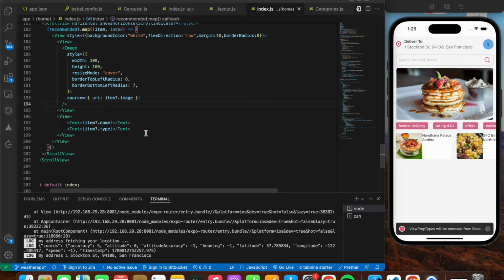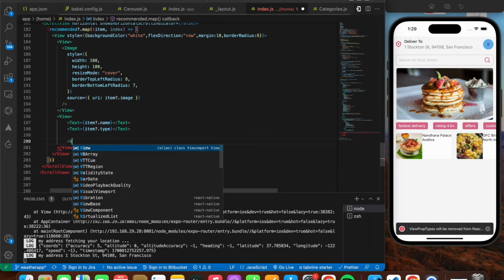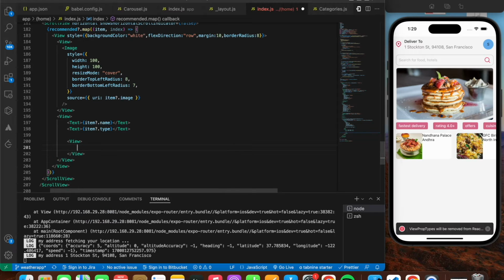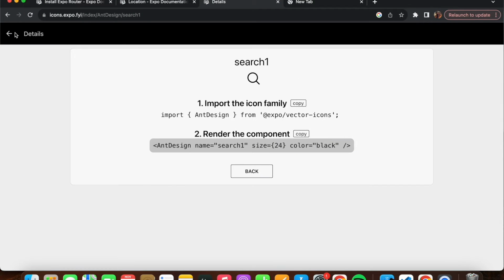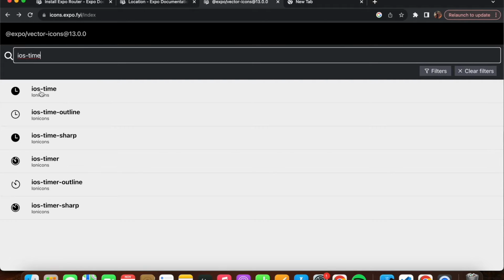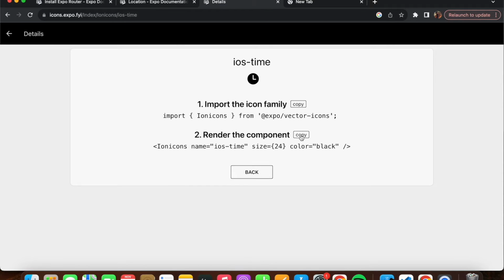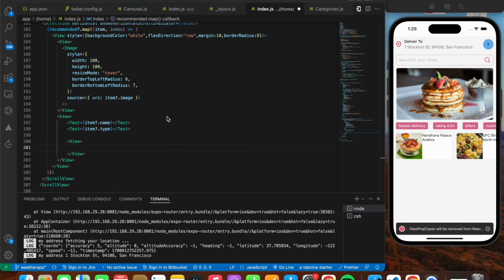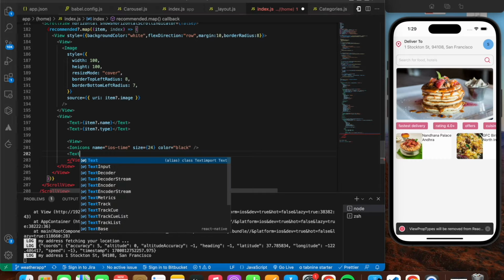And finally we have one more view that's going to contain the icon as well as the timings. So let's get the icon. That's the iOS time icon. So iOS time, that is this one from iron icons. So iron icons is already imported, so just paste the code over here, and we're going to have the text attribute,